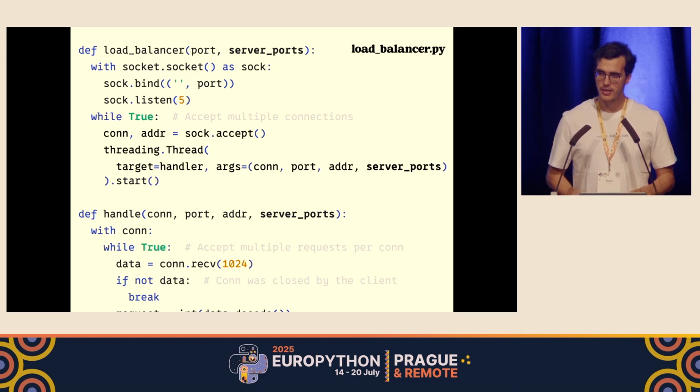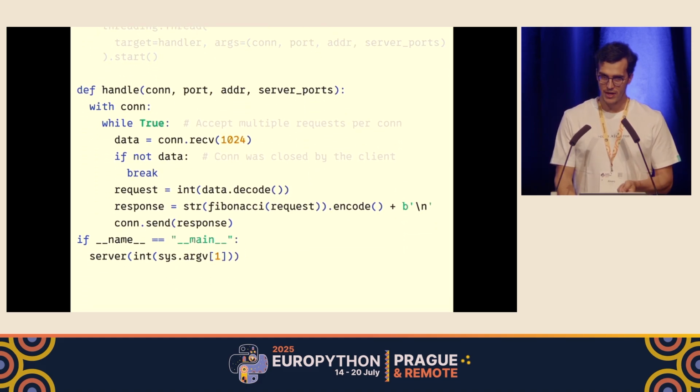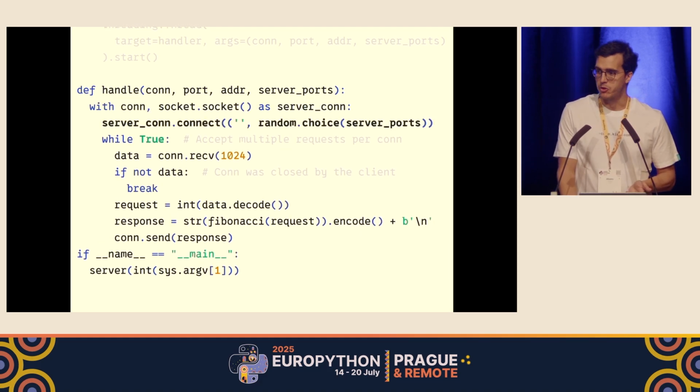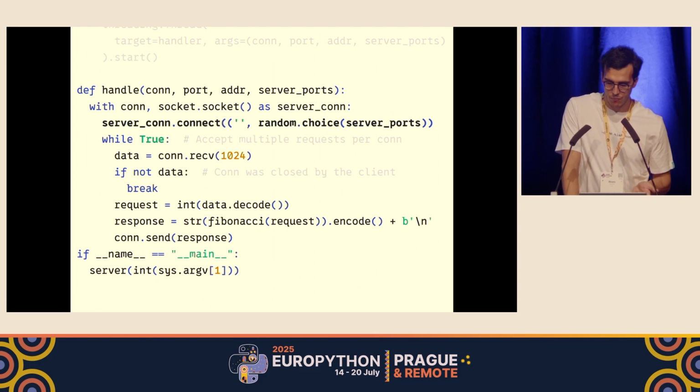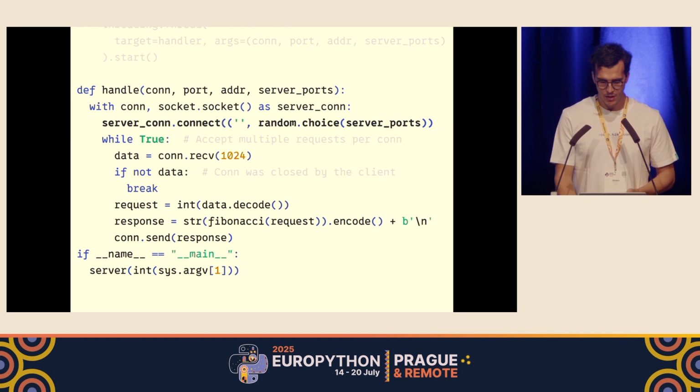And they're going to be passed and trickled down into this handle function, okay? Why is that? Well, because when I get to the handle function with the server ports that I have available, I'm going to be able to create a new socket connection to the server that I want. And the way that I choose that socket is going to be, okay, let's start with a random choice. This is going to be the easiest way to go, I guess, right? Choosing this random port from the list is going to be the one that I use to connect, and that will keep things somewhat balanced between the servers that I have, okay?